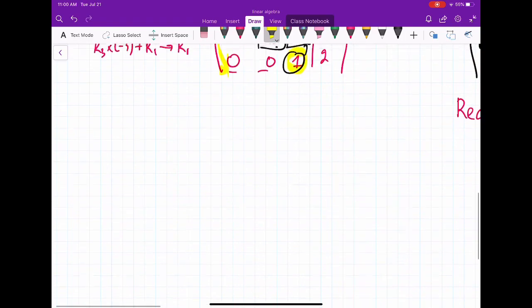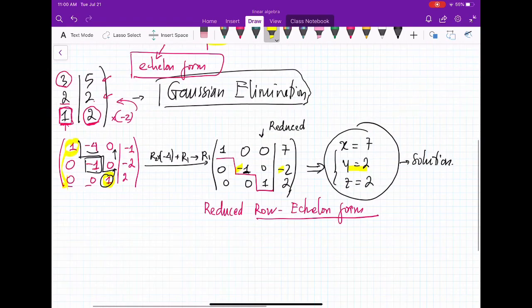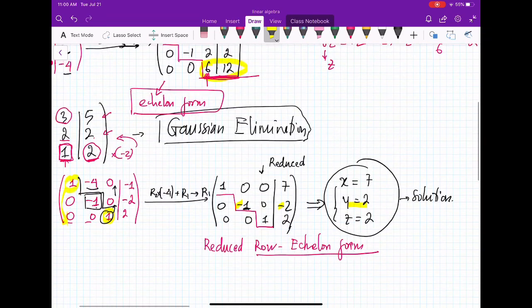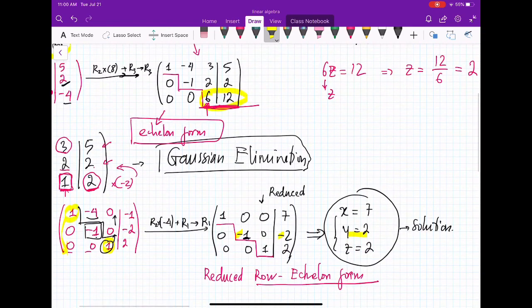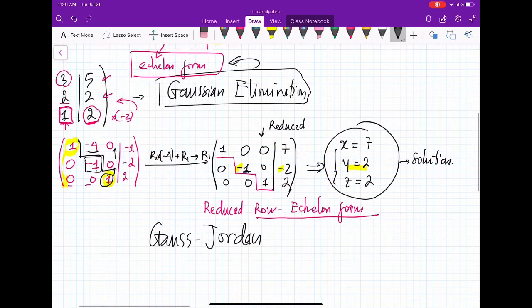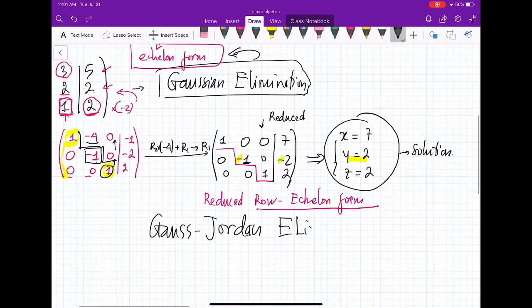Alright? So let's repeat again, right? Gaussian elimination helps you to find the echelon form, but Gauss-Jordan elimination helps you to find the reduced row echelon form, and from there you can find the solution of the original